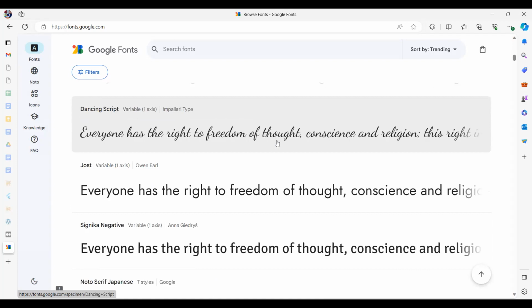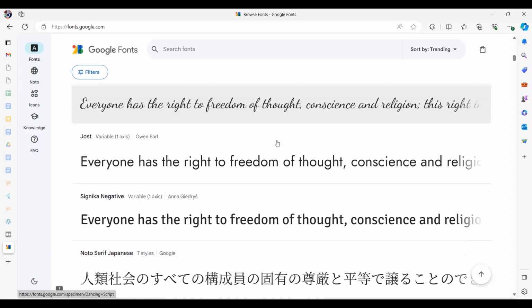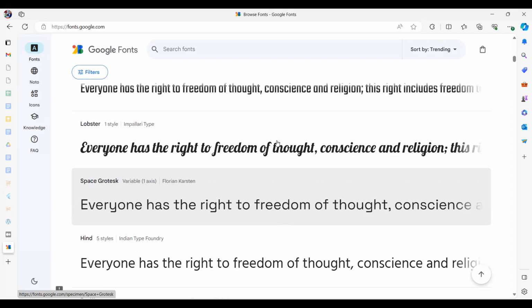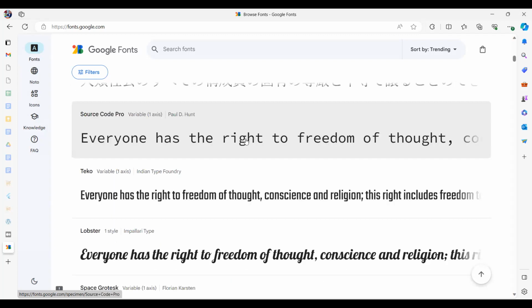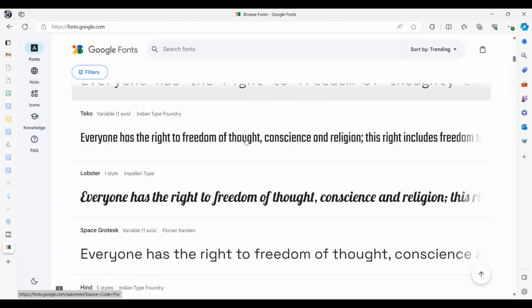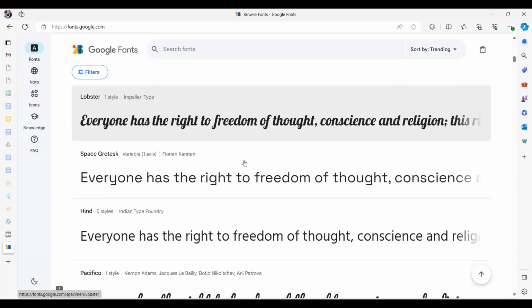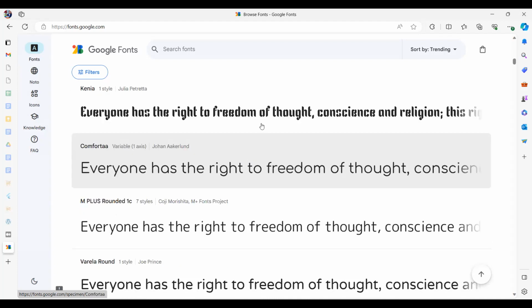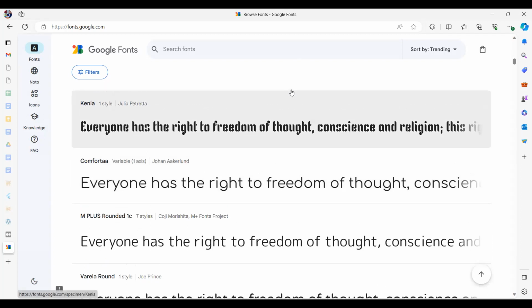So this one, for example, some people like it, some people don't. This is called a script type. Now, this is called a fixed width, right? Suitable for source code, but absolutely not for the body text. Here's another one like that. So there are all kinds of fonts available. You've got to be very careful about which font is suitable for your job. Now, this one is another one.